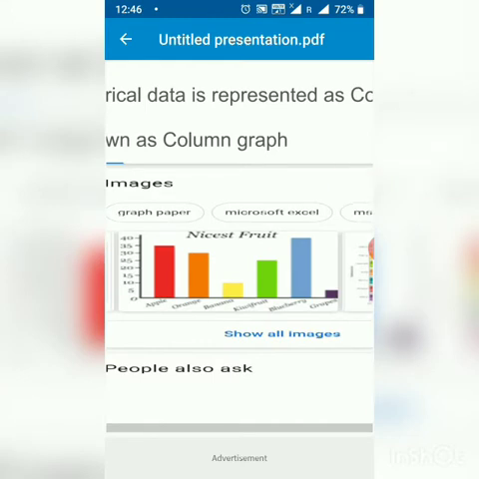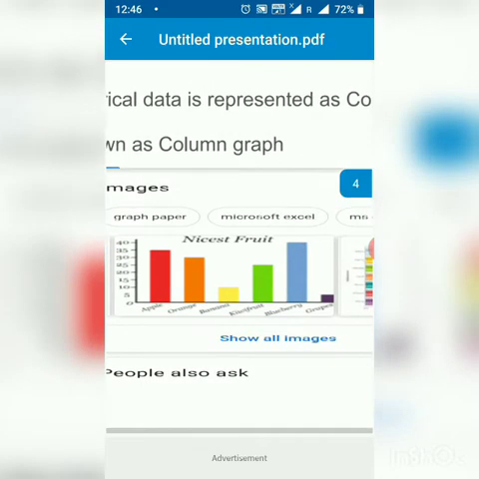So 5, 10, 15, 20, 25, 30, 35 and 40 are distributed. In the x-axis also, one box represents one type of fruit. So one is apple, then next one box we will leave, then orange, then one box we will leave, then banana. Like this it is given. Okay. So from this also we can get different information.